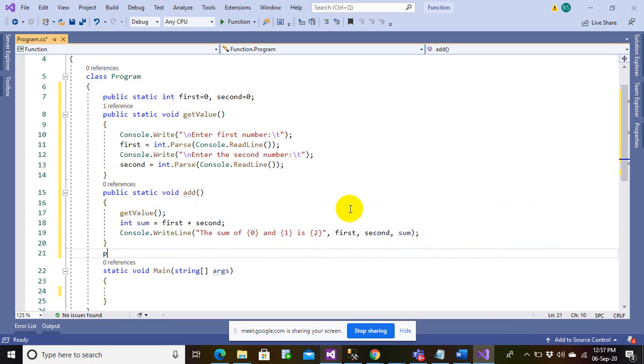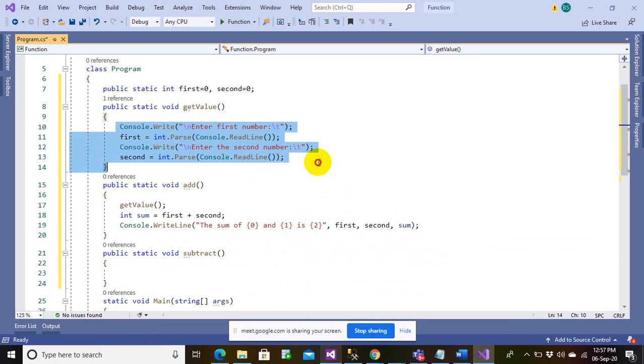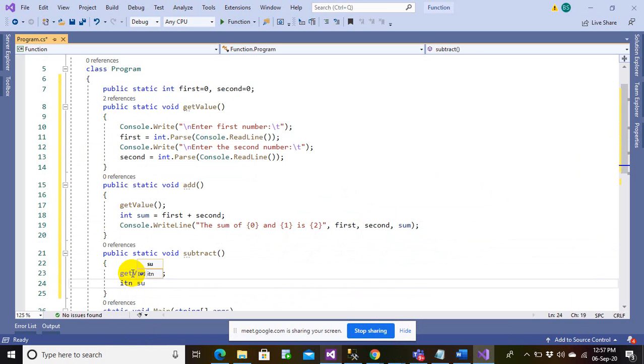So we write the first sum. Similarly, I want to have a subtraction. Subtract. Again, we need to read the value. So instead of doing this all, I'm simply calling this function get value here. Once I do that, it's a difference equals to first minus second.